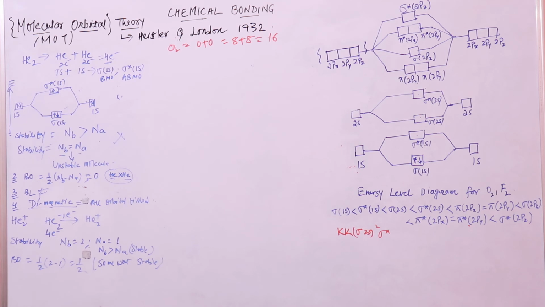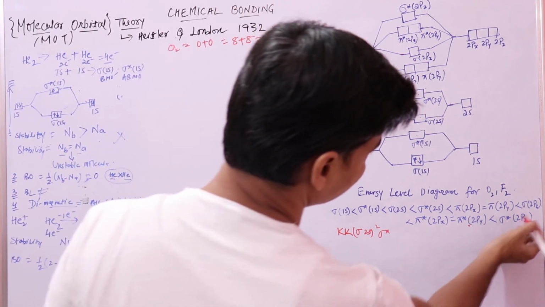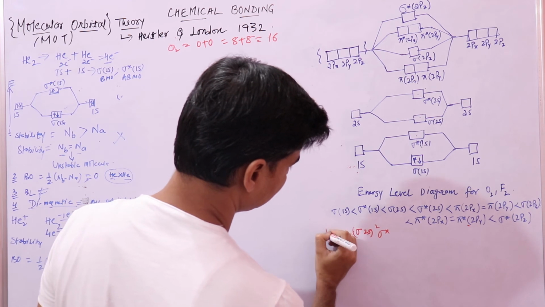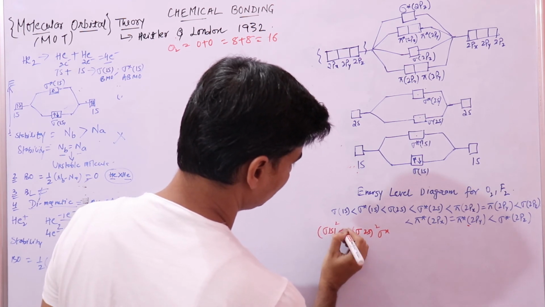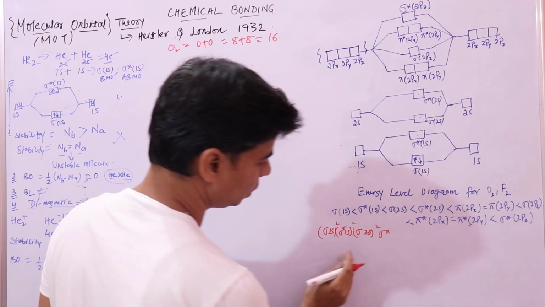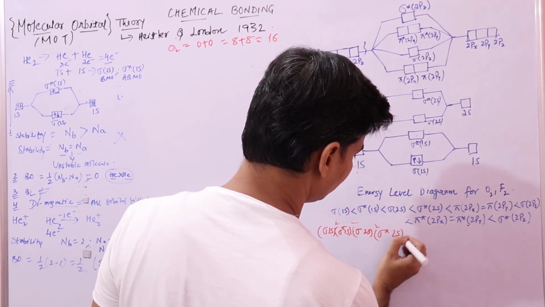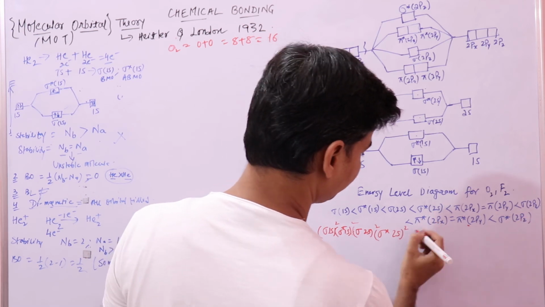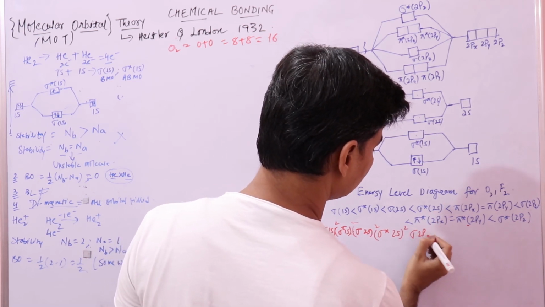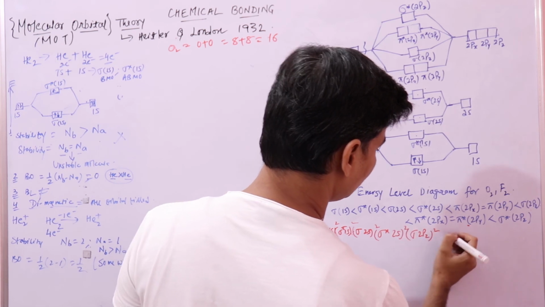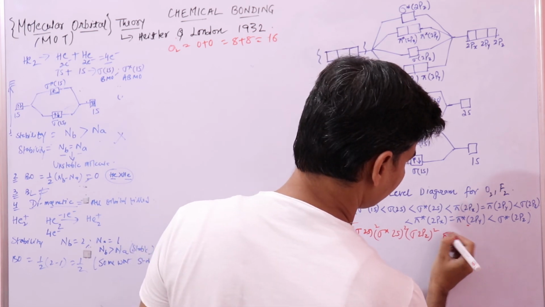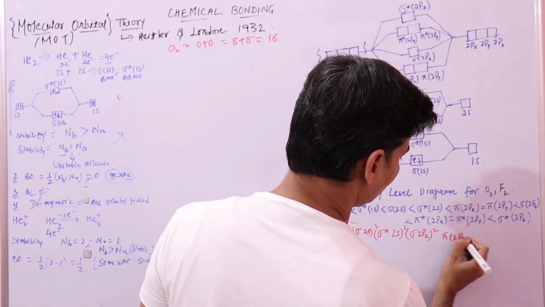So here sigma 2pz will come first, right? Or you can write it like this, and later we'll replace it: sigma 1s2, sigma star 1s2, sigma 2s2, sigma star 2s2, right? Then this will come first because this follows a different sequence. You have sigma 2pz2, right? Then you have pi 2px